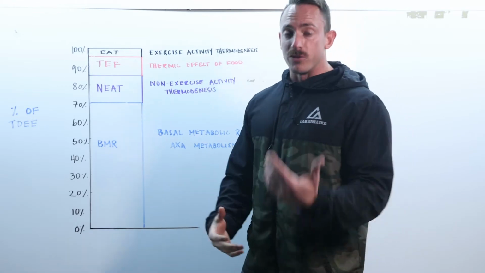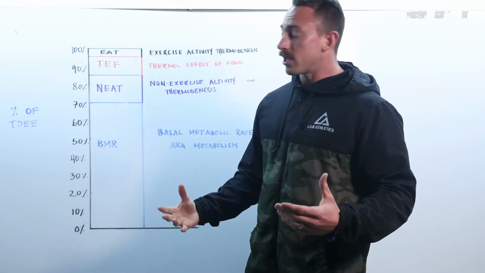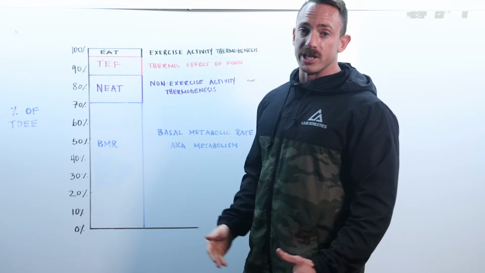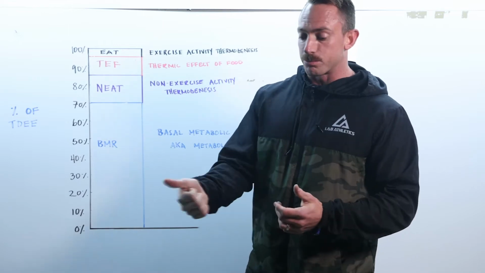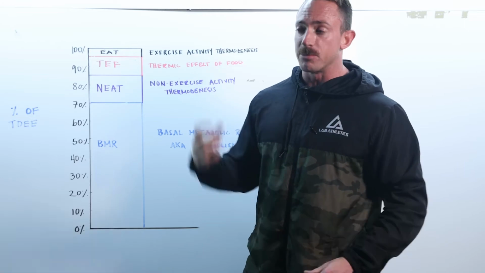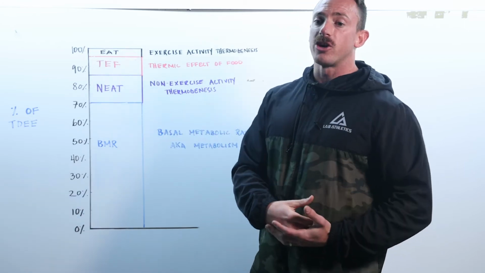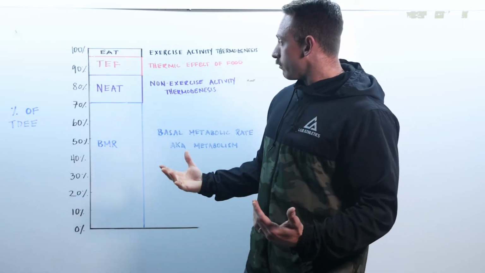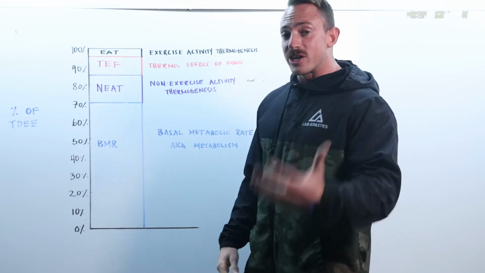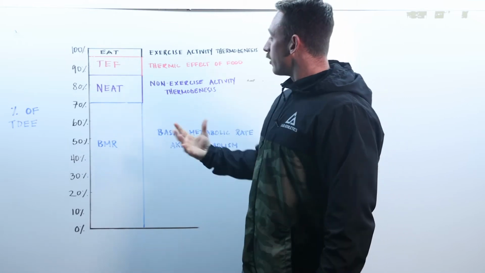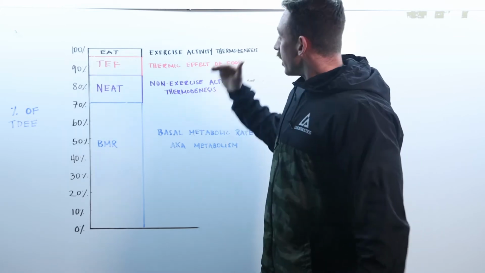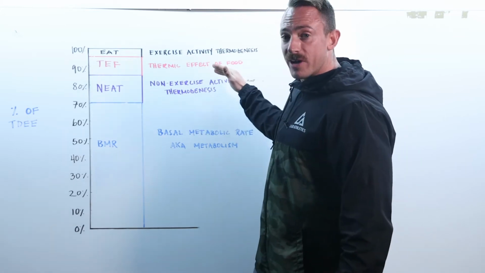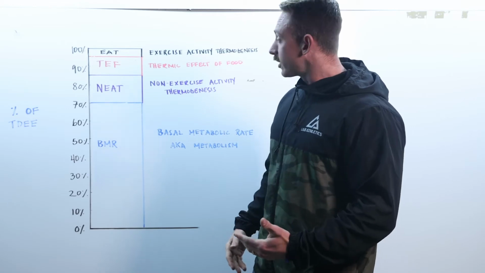So different foods have different qualities. Processed foods versus what I call one ingredient foods. Those are all natural foods like potatoes, sweet potatoes, yams, fruits, vegetables, things that are naturally occurring in nature that we can go out and find. The foods that you are eating have a direct impact on how many calories your body uses to break them down. The foods that have the highest thermic effect are gonna be